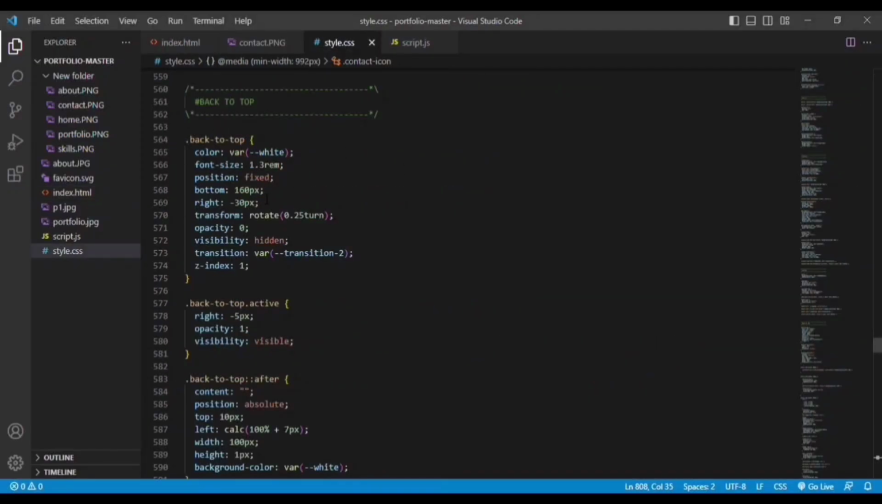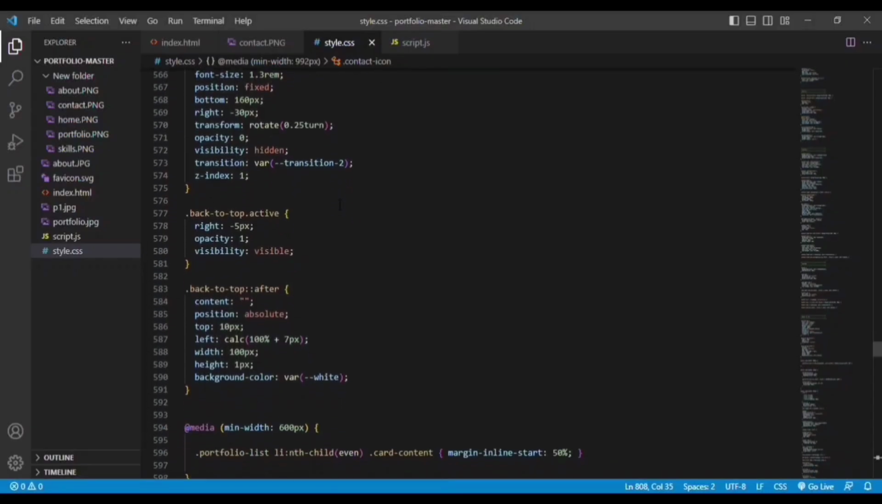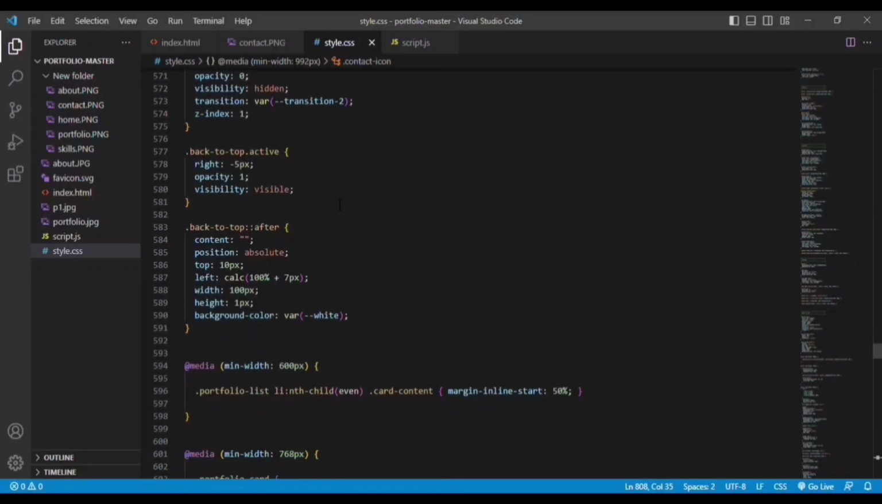You can see color, font size is given, position is fixed. Bottom towards the right hand side, you can see at this particular end of the website the back to top button. And whenever the back to top button is active,